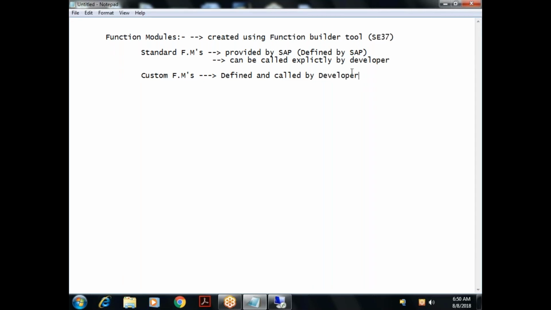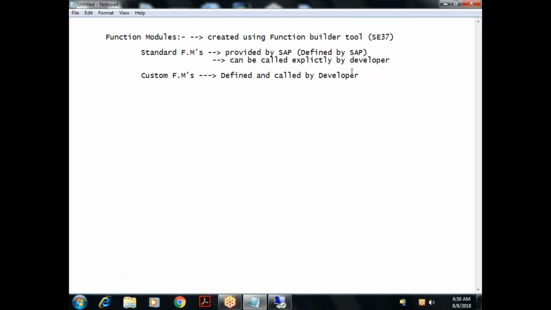As part of your project, there would be some business logic which is used in many objects in your project. So that logic I can embed as part of a function module and I can call it wherever required. That is a custom function module.